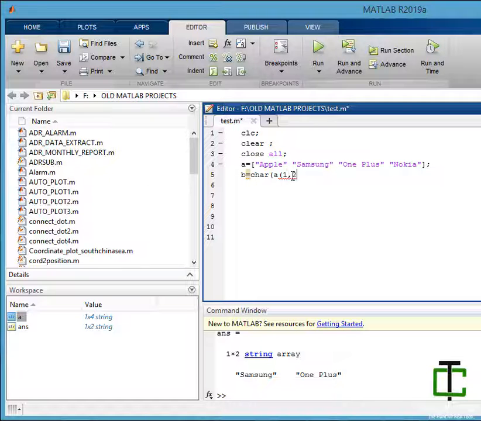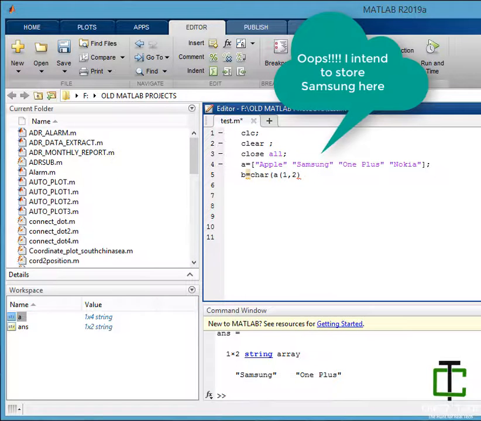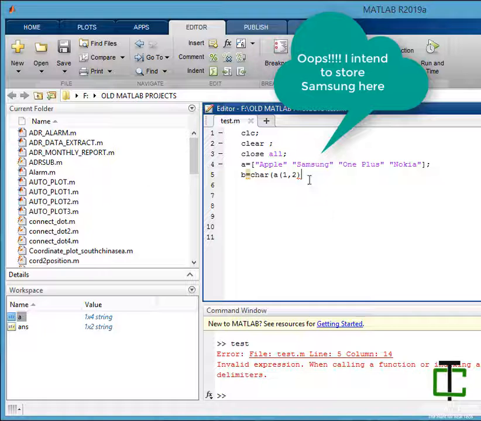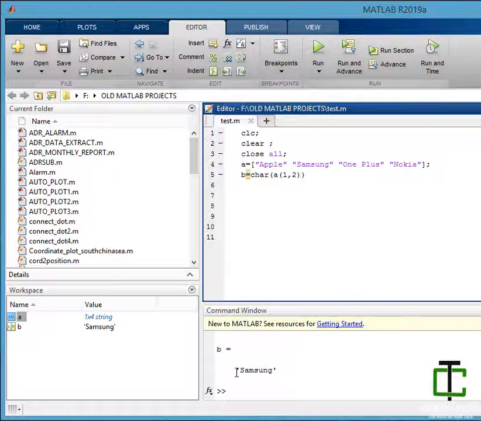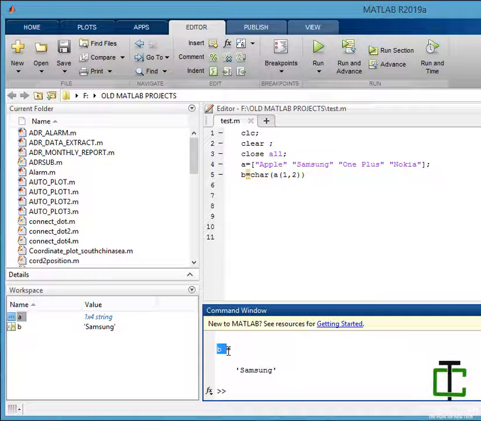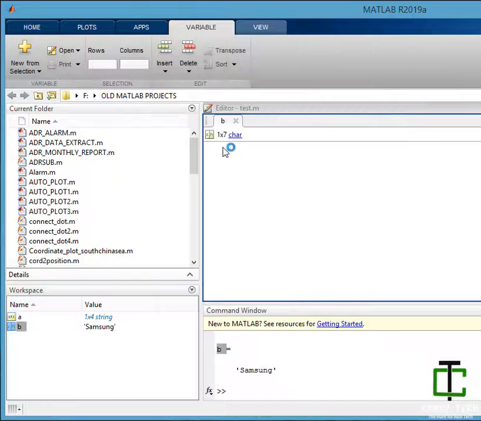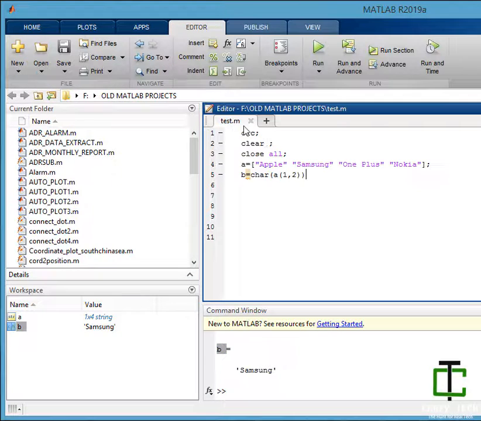So 1 comma 2. Here you go. B is another round bracket. Now B consists of characters. Here B is 1 cross 7 characters.